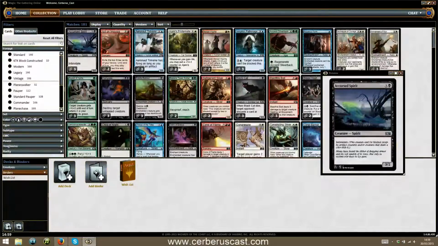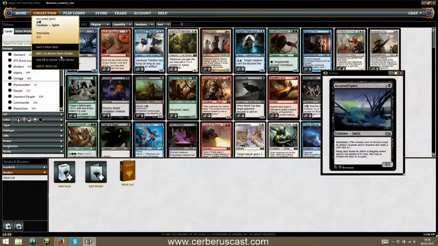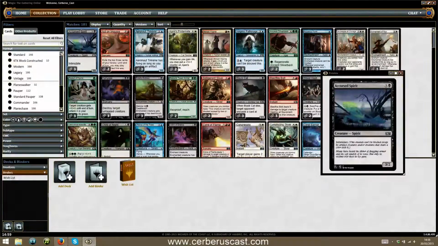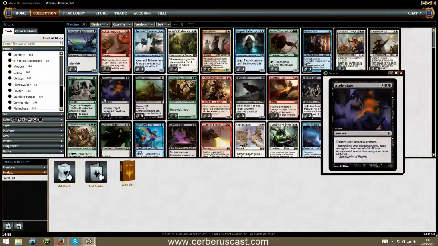So you automatically get a wish list in your binders. If I was to want to add one of these to a trade binder, right click, click add to trade binder, and that should bring me up my active trade binder. No, apparently not. So in freeform, we've not got a lot in there, but we have got add deck and add binder, so we can add a deck,